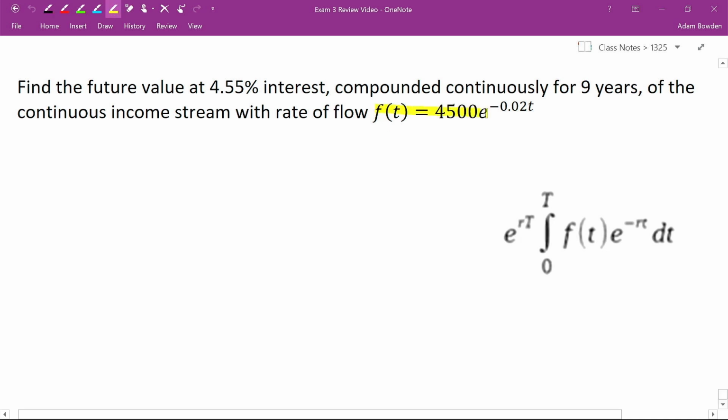Notice we have something for this f of t. We got something here to plug in for that. We also have something for interest rate, r. There's an r in the formula as well. So we're going to plug in there for the r. We may need to make sure to convert this into a decimal, though, first. So let's move the decimal point over and write it as